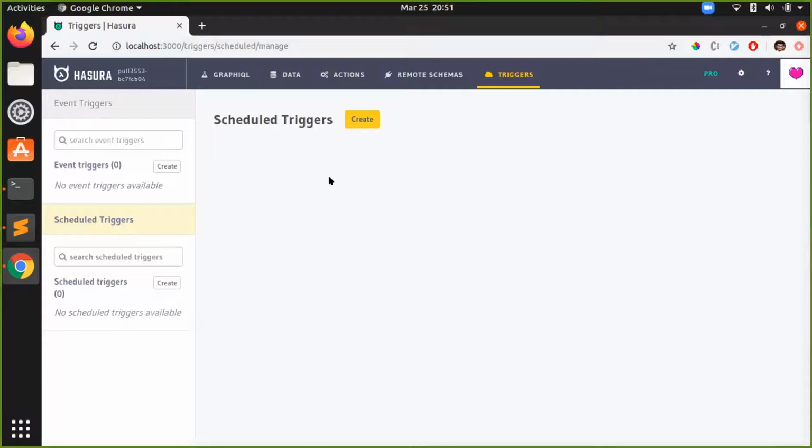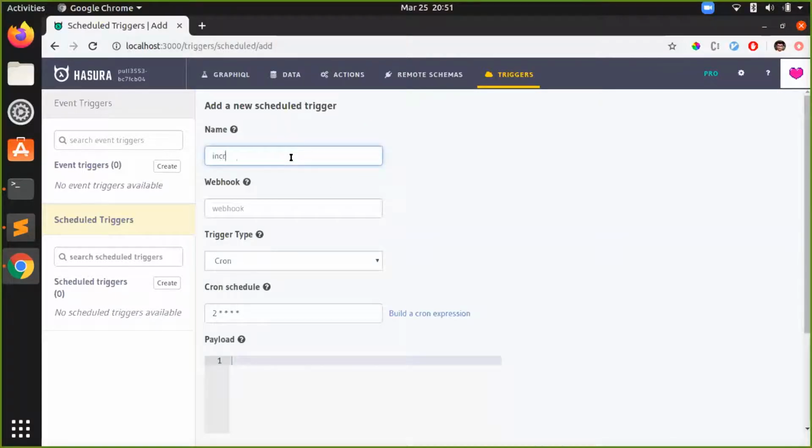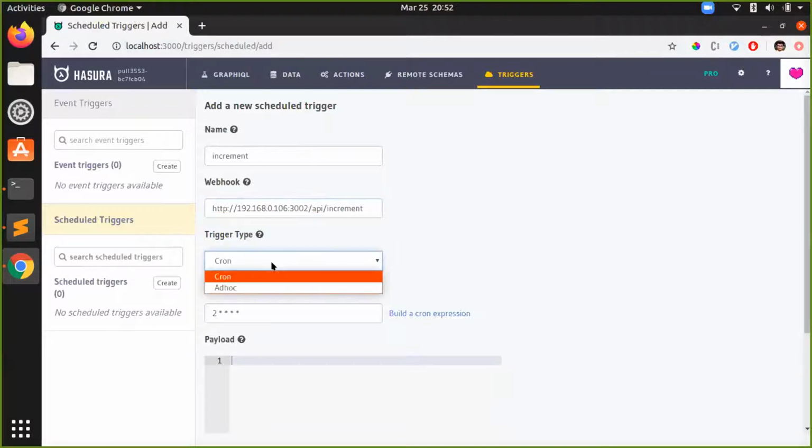For my demo, I first create a simple schedule trigger called increment. This is my IP address. I have a local server running here. The type is going to be cron for now. Then we also have a type called ad hoc. I'll come to that in a bit. This is the cron expression.